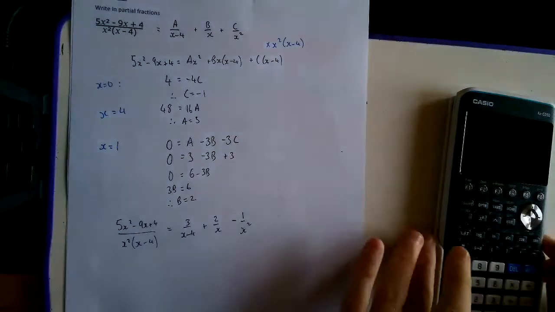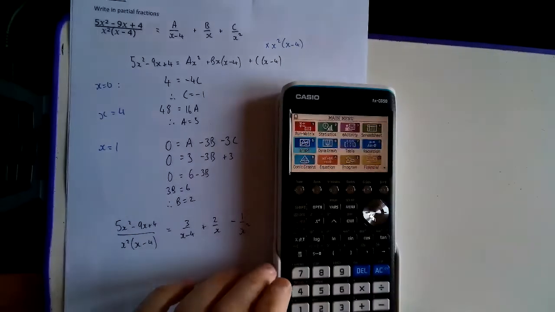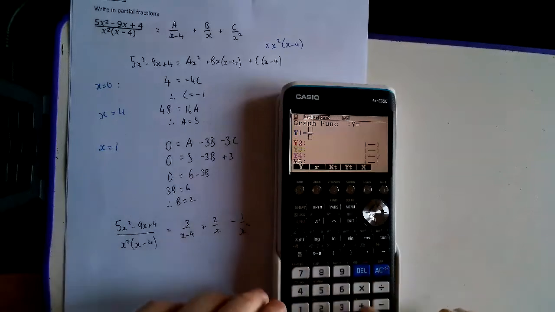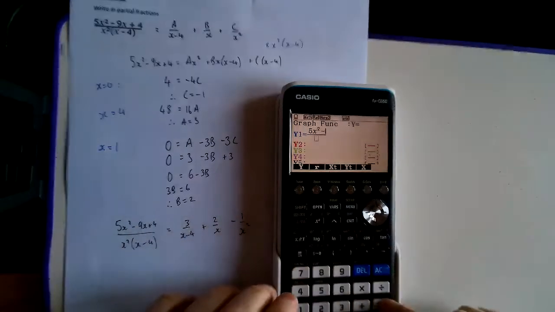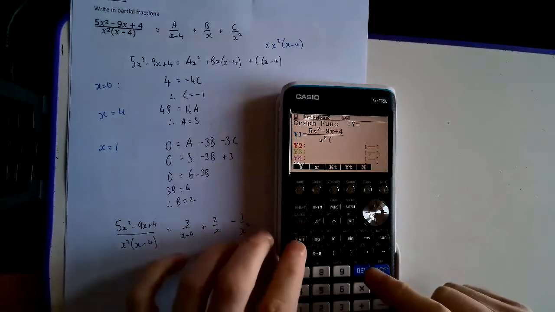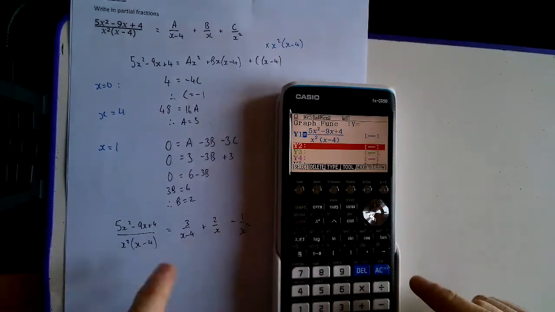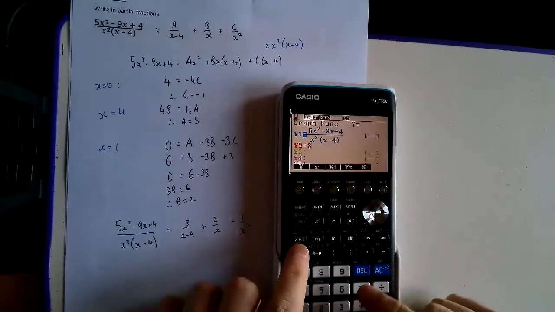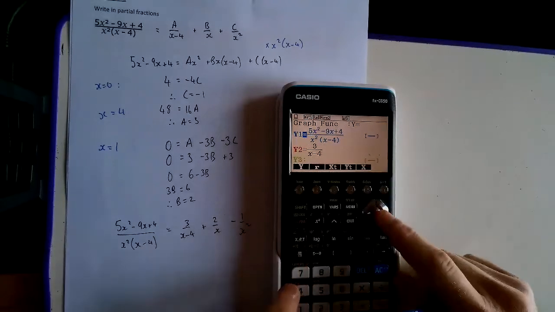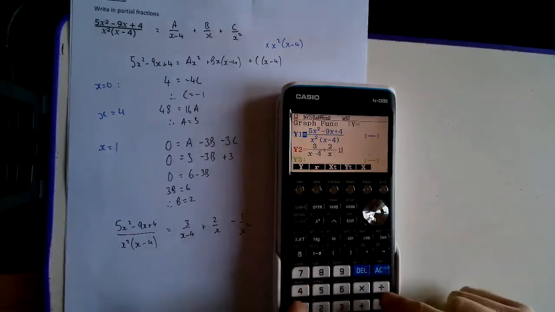Now, just to quickly show you how you can check that on your calculator in an exam. So if you go into graph mode, if I just type the first graph in, so it's lots of typing for this bit, but it doesn't take too long. x squared, x minus 4. And then on the other graph, type in what I said my answer is, so 3 over x minus 4 plus 2 over x minus 1 over,